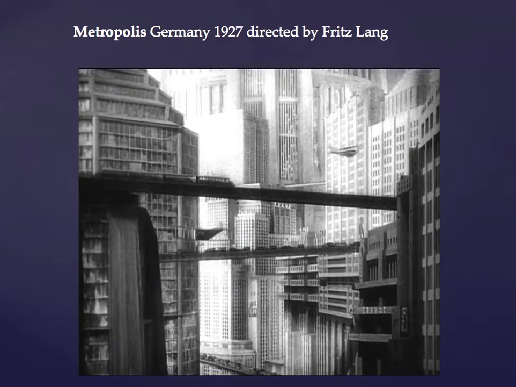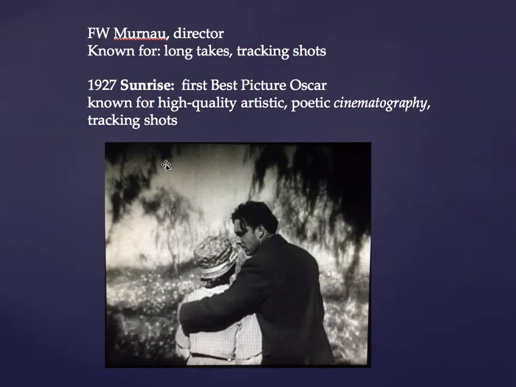Okay, and so Metropolis, also in Germany, from 1927. Oh, you know what? I'm sorry. I want to go back because he made this film in America. So Fox brought him over. He made it in the U.S., in America. And the lake is Lake Arrowhead. So when you see the lake and everything, that's Lake Arrowhead. And it kind of looks like Europe.